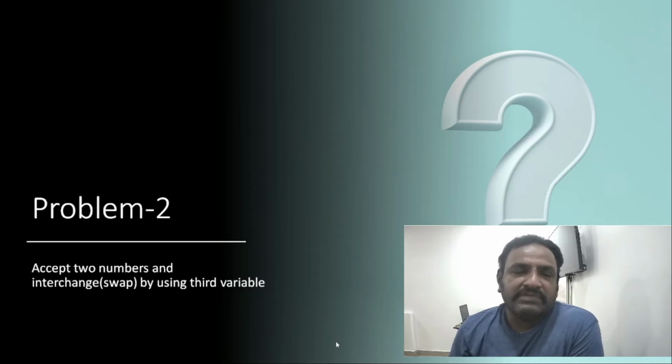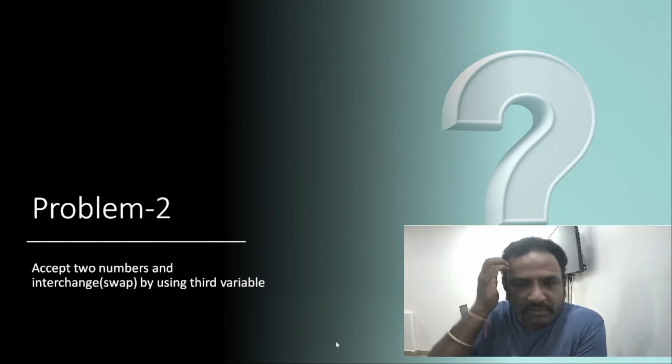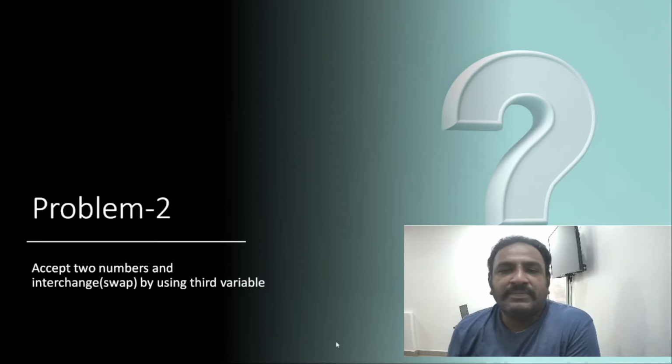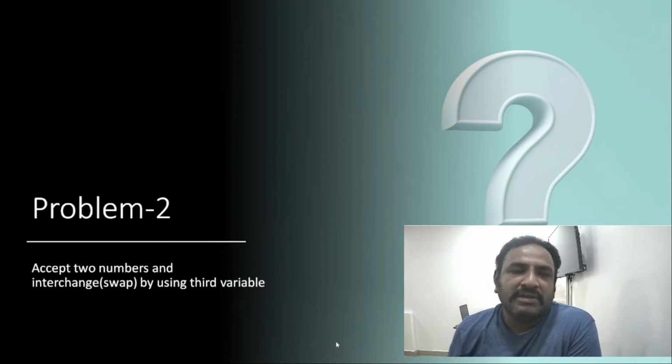Anyhow, first of all, you have to know about all the methods because we are in a learning stage. So the first method is using a third variable. In this case, what I'm doing is, first of all, you have to think according to the